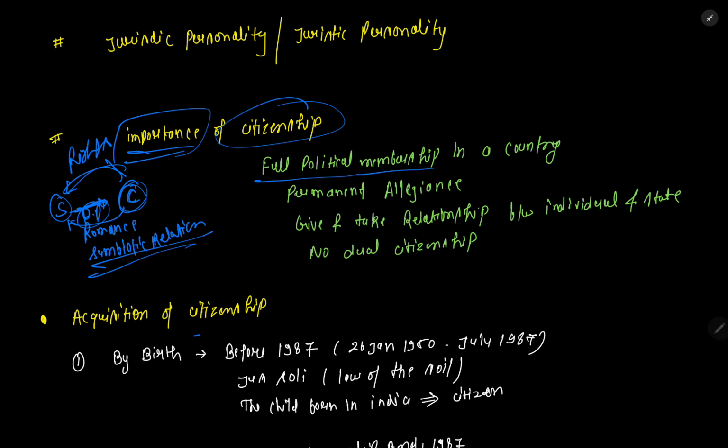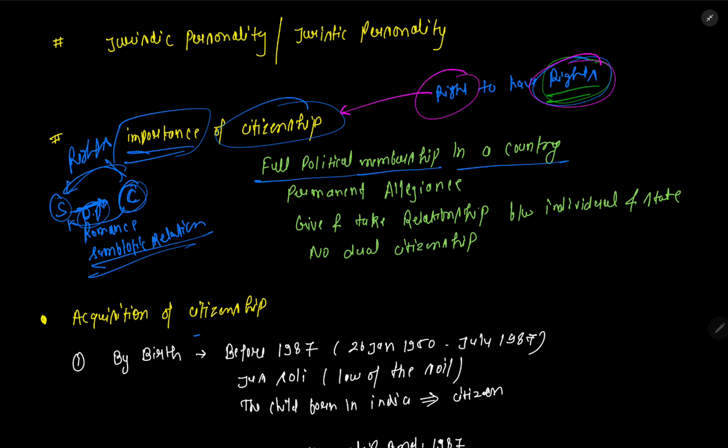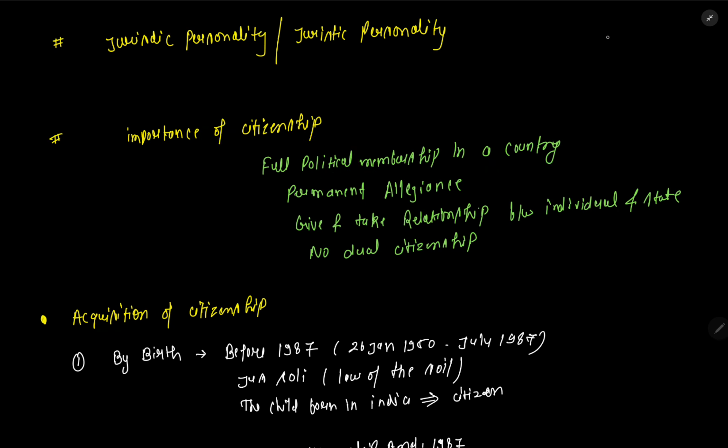The next thing, the full potential membership in a country. As I told you, citizenship is the right to have rights. Clear? So what this means is, to have the rights, you need to have the right. Which right? The right of citizenship. Getting the point? Means you need to have the membership. What type of membership? Political membership. ठीक, आपको क्या मिल जाएगी? अगर आपको सिटीजनशिप मिल गई तो आपको पॉलिटिकल मेंबरशिप मिल जाएगी किसी भी कंट्री की, और पॉलिटिकल मेंबरशिप मिली यानी कि आपको ये राइट मिल गया, तो इसके बाद आपको ये सारे जो राइट्स हैं वो मिल जाएंगे. ठीक है, सो दिस इज द फर्स्ट बेनिफिट टू हैव द सिटीजनशिप. द सेकंड इज द